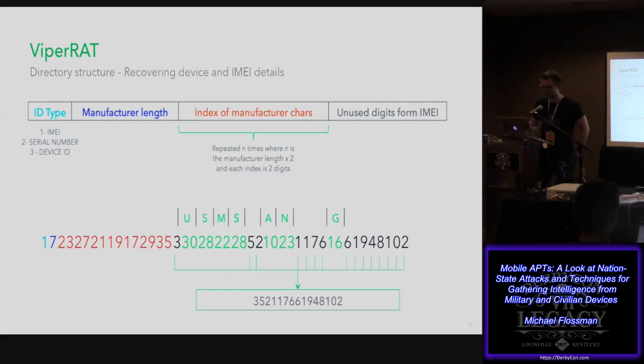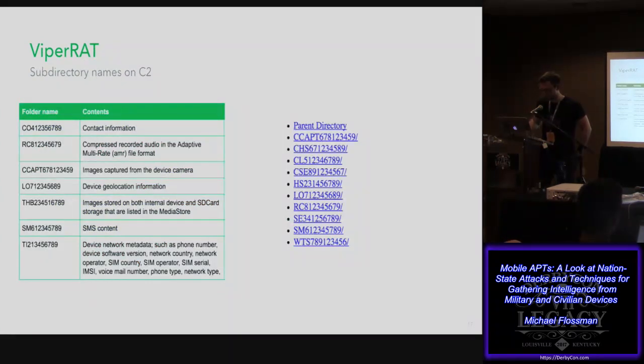So we can automate this process across the entire C2 and figure out the IMEIs as well as the models of all compromised devices. Samsung came out on top in terms of compromised devices there. And we can apply the same sort of approach, analyzing the client in conjunction with looking at C2 server information, to figure out how much content has been taken and what type of data it was,